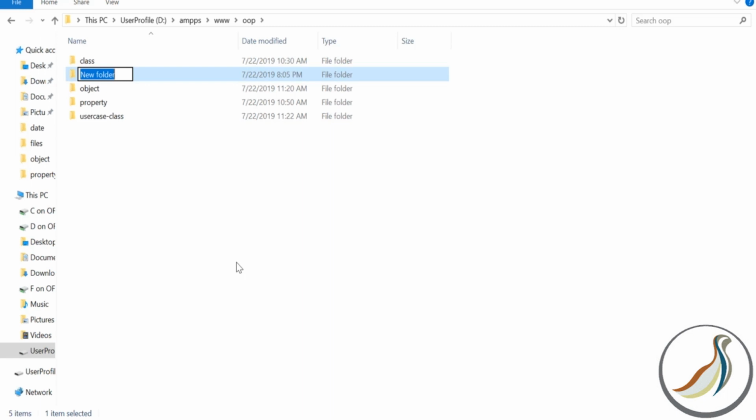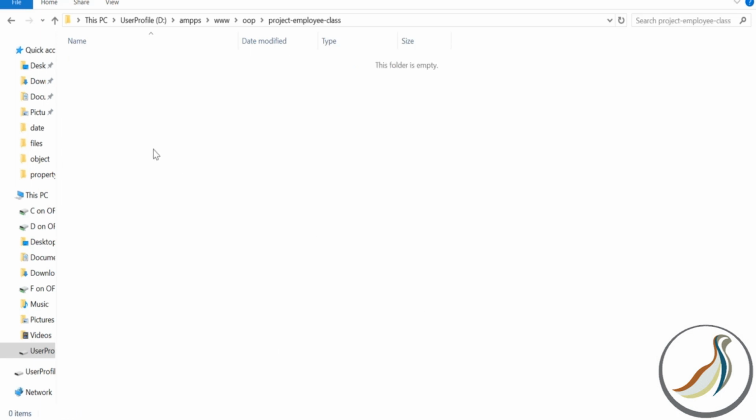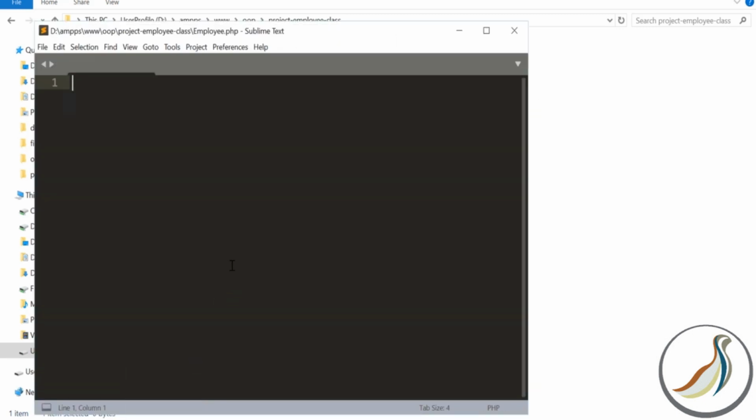So we create a folder called project employee class, and then we'll create a file called employee.php, and then we'll open this file in Sublime. Okay,